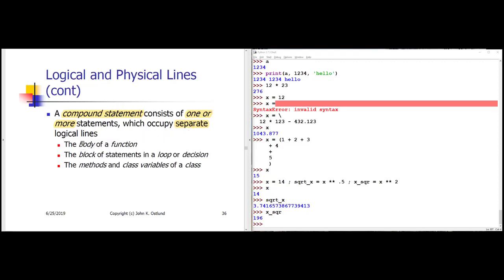For example, the body of a function, in the definition of a function, the body of the function is very frequently multiple statements long. Also, if you define a loop or a decision, which we'll start looking at in a little bit here, the collection of statements within that loop or decision, called the block of statements, is another example